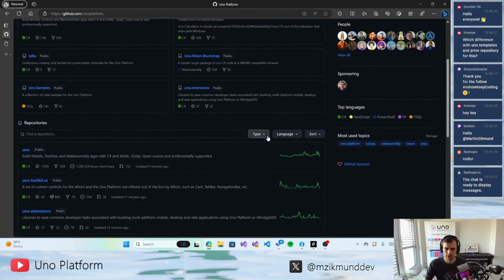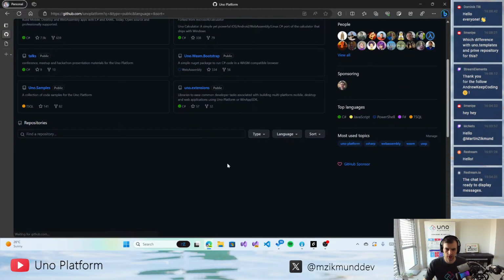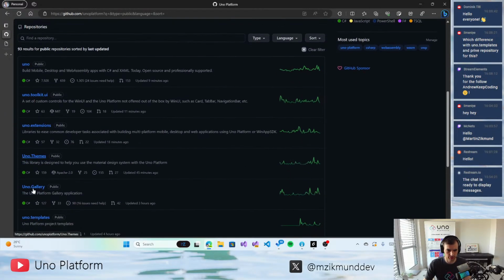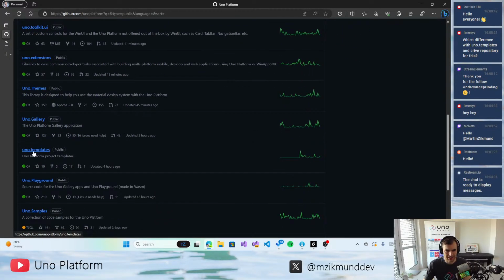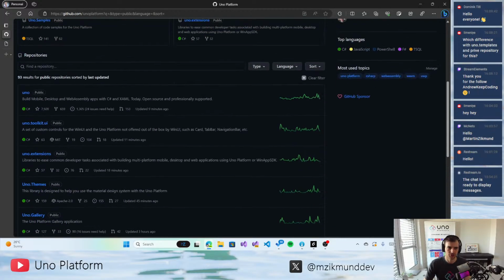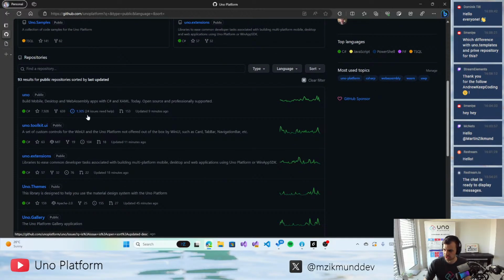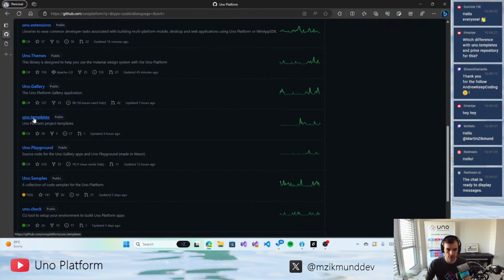So you should be able to see all the templates inside of this, except for some of the legacy templates based on UWP, which are still in the UNO repository. But those are just a minority. All of the modern templates should be here. So if that answers the question,